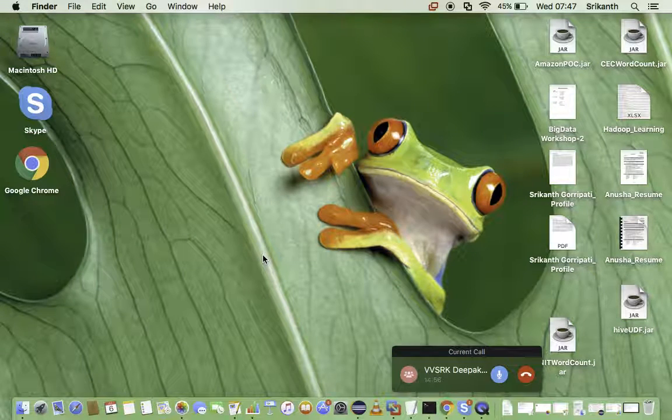Hi guys, as we discussed the MapReduce concept in the last session, today we'll start something with a new ecosystem named Hive. So the reason why we have to go for Hive, what exactly Hive does in big data, and how we will use the Hive ecosystem to process the data. Those things we are going to discuss in today's session.